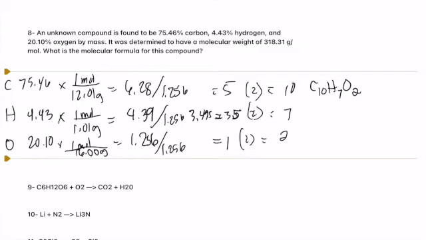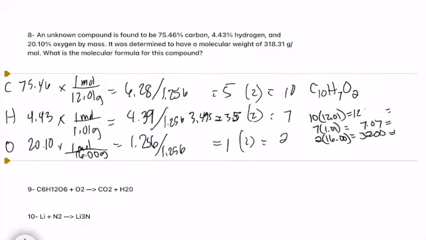And so we get C10H7O2. And so we determine the molecular weight, molecular mass here of C10H7O2. So we're multiplying our 10 carbons by 12.01, our 7 hydrogens by 1.01, our 2 oxygens at 16.00, and then we are adding together. And we're going to get 159.17.